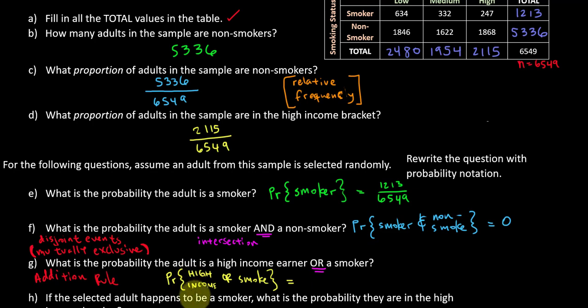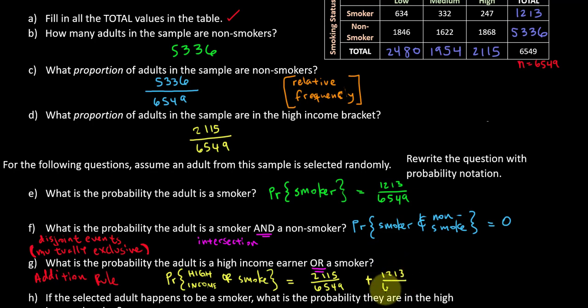So we first need the probability for high income, the probability for smoker. So we'll add those. Let's start there. High income, so that will be the 2115 out of 6549. The number of smokers, 1213